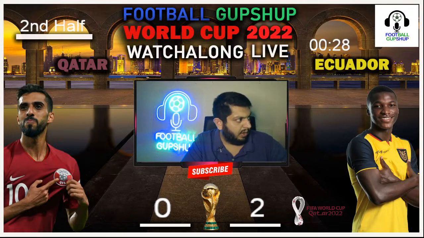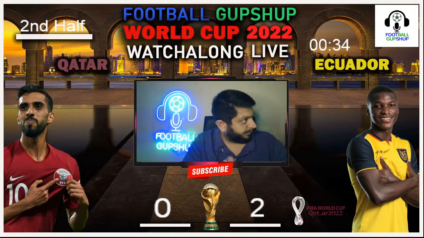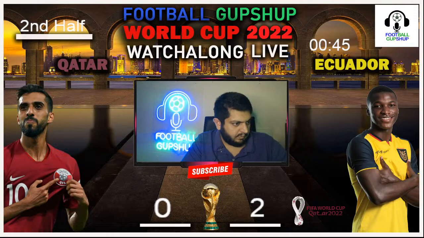Once again, they're on the ball, trying to play out from the back. Let's see what can they do. Are they going to push the ball forward? Ecuador once again with the ball right now, pushing the ball onto the right flank, pushing it forward. Qatar with the ball, trying to beat their men, and still it is with Ecuador. Ecuador once again on the ball, and right now Qatar have just won the possession, trying to play the ball forward.